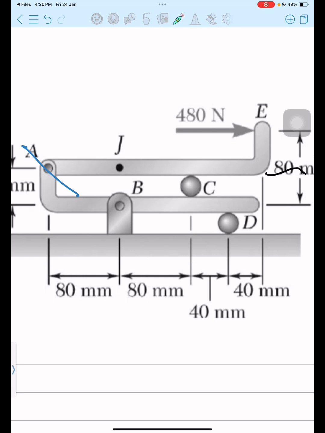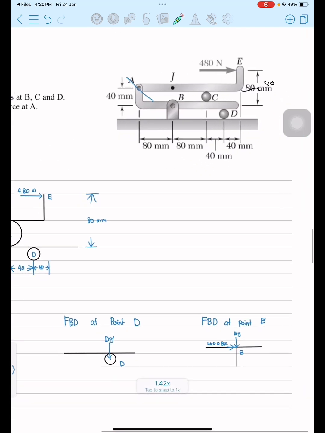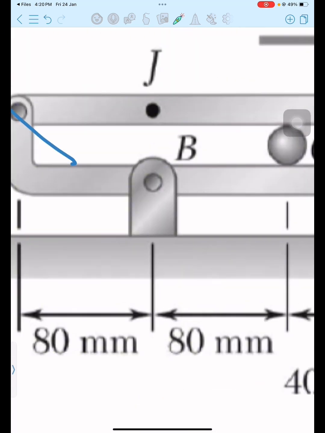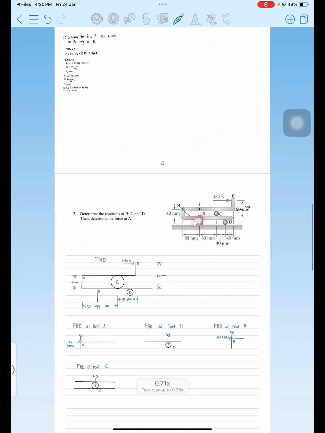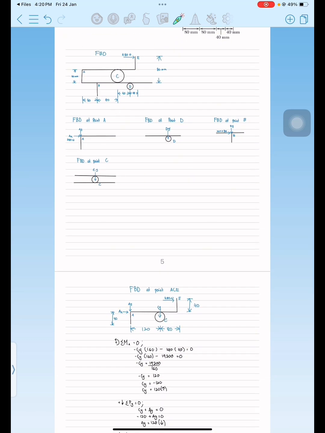It only gives force upward or downward. The same goes for point D, which only has upward or downward force. At point B, we have Bx and By because point B is a pin support. So after we draw the free body diagram from the picture given, we do the